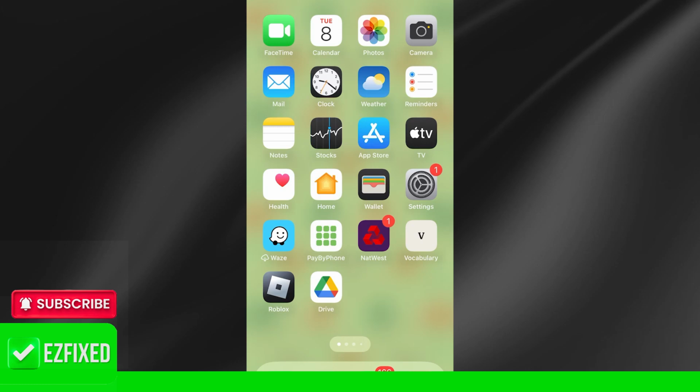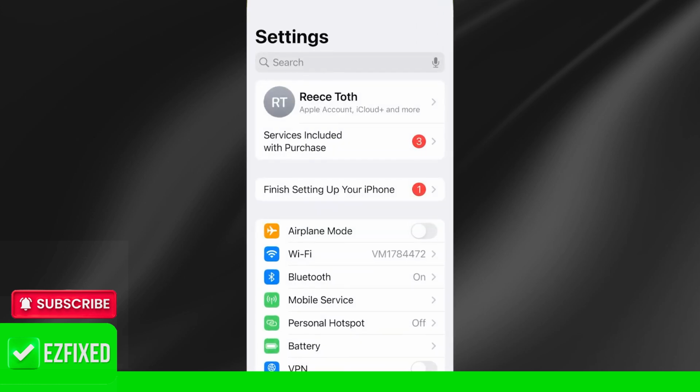Hey guys, in this video, I'll be showing you how to fix the Roblox low memory error message. Now this error usually indicates that you're either running out of storage space or you're running out of memory and physical RAM. So to fix this, you first need to head over to the settings app on your phone,